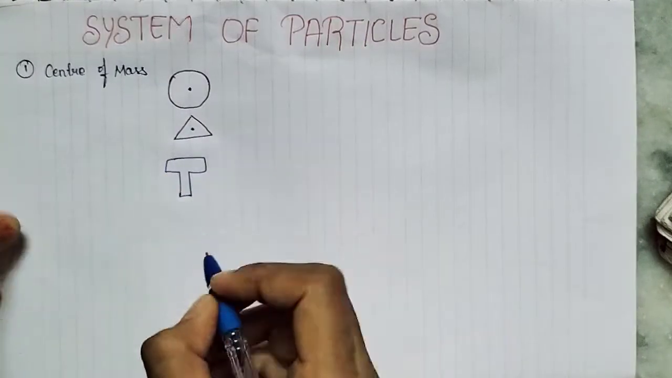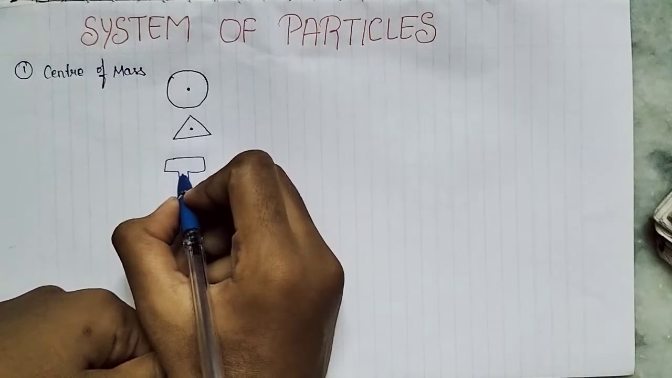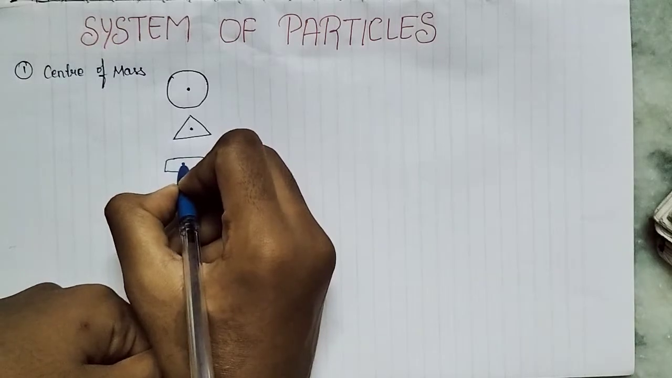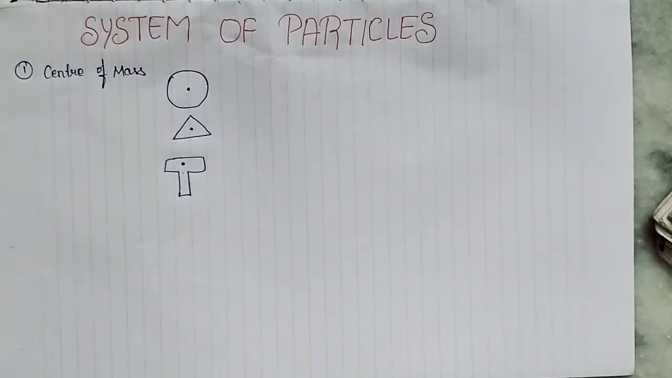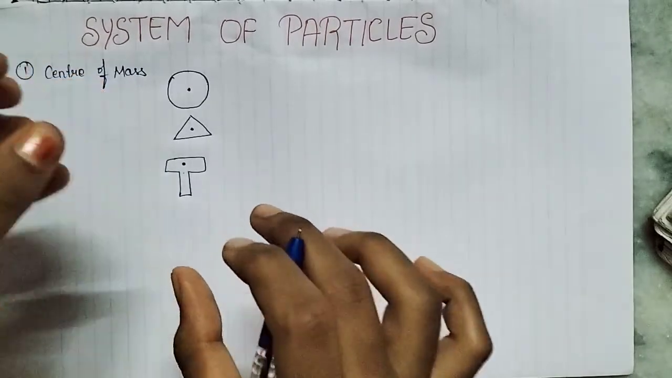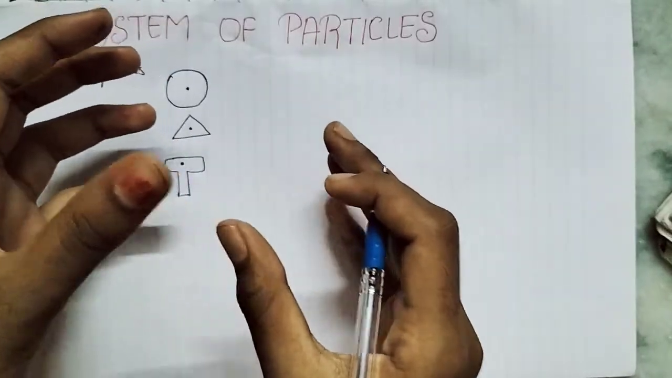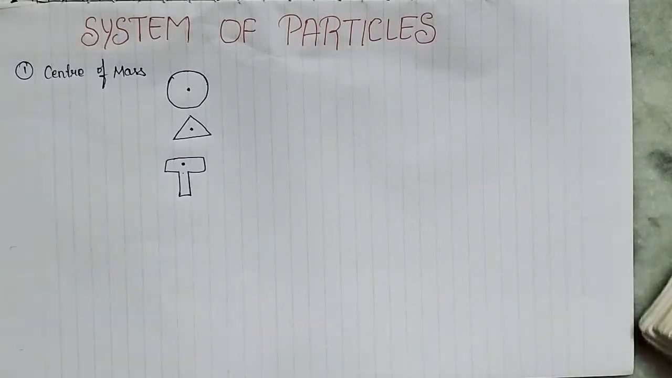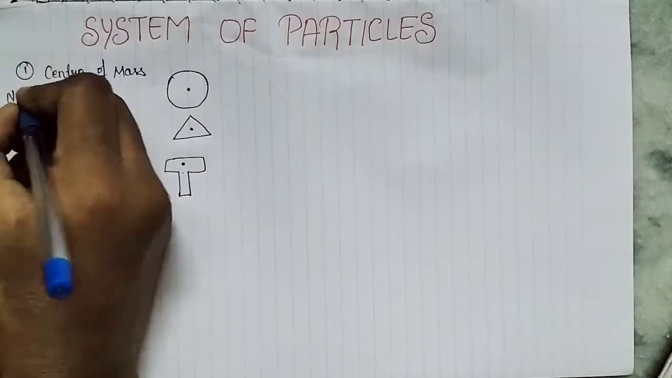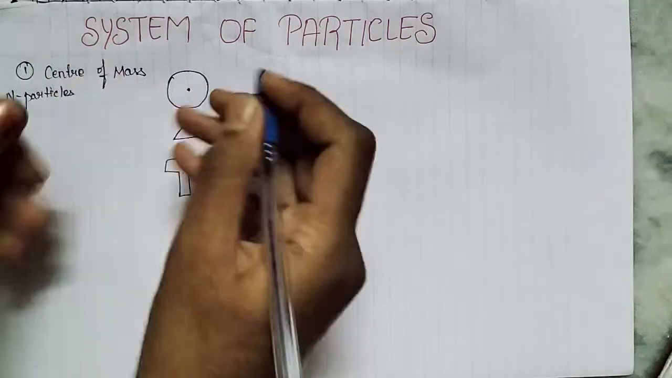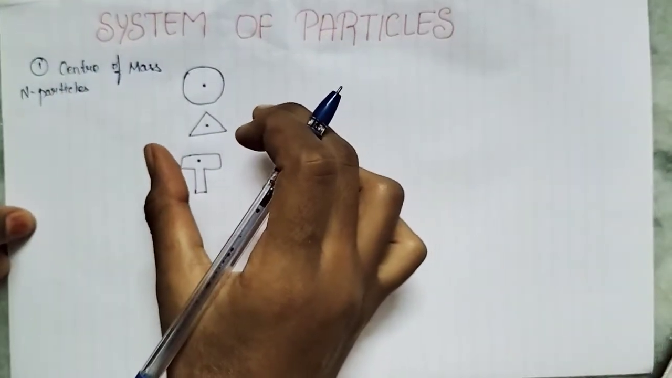where would the center of mass be? Either here or in the middle, do you think? No, the center of mass lies over here. Like that the center of mass varies. So we are going to find the position, the coordinate of the center of mass. What is the formula going to be? If n number of particles combine to form this single system,